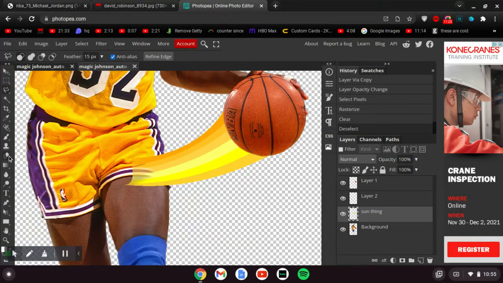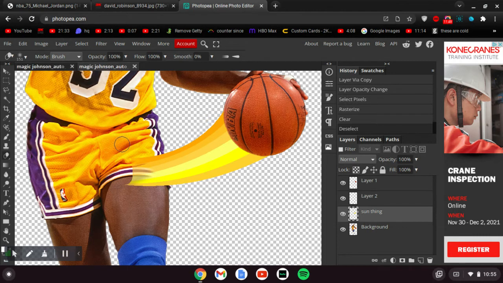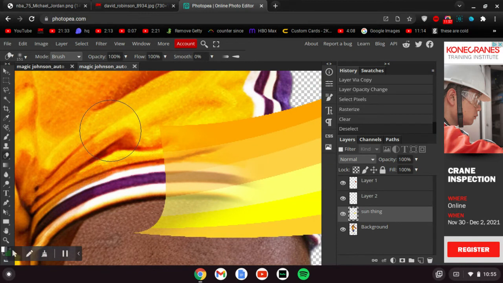what you want to do is pull out your eraser tool, and then make sure it's a 0 hardness brush. So you want to go to here, or you can just have your regular brush there, and then you drag the hardness all the way down to 0 on the eraser, and then you adjust the size to not necessarily 151 pixels, but enough to where you can erase a good bit of this sunbeam. And then you want to, I don't necessarily recommend, actually no, I'm gonna do it anyways. Never mind. All right, so you want to hold shift, and then click on both of the layers, and then